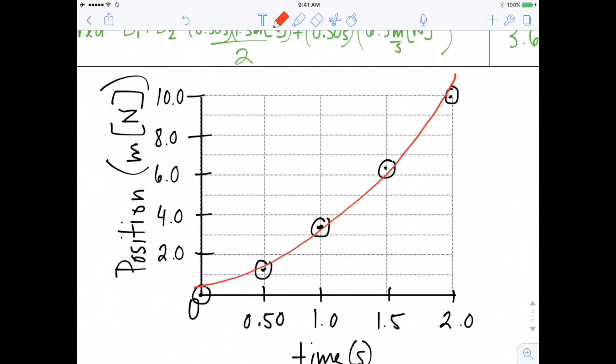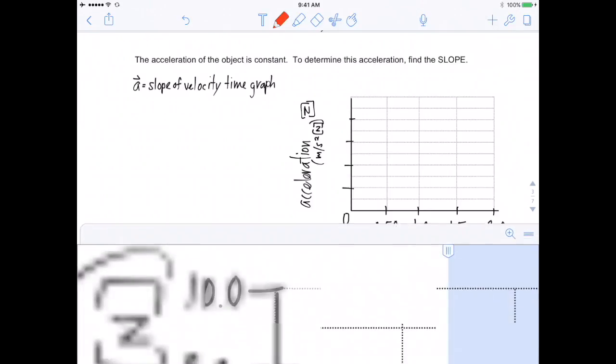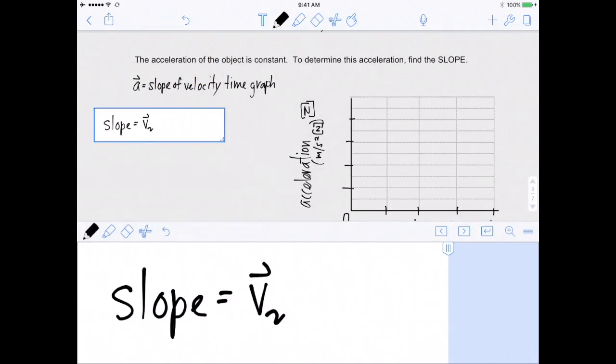So it takes a bit of work to go from a velocity time graph to produce the corresponding position time graph. What about if we went from a velocity time graph to an acceleration time graph? This is a lot easier. In order to determine the acceleration from a velocity time graph, all we have to do is find the slope of the velocity time graph. So we're going to use the velocity time graph from the example above, and we're going to find the slope. And slope is equal to v2 minus v1